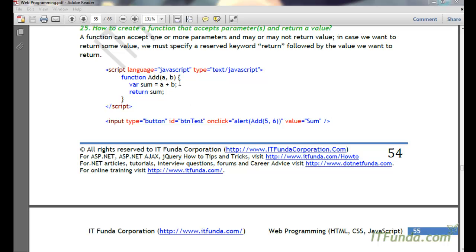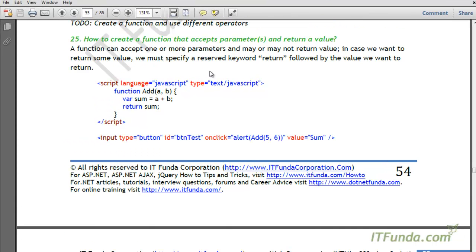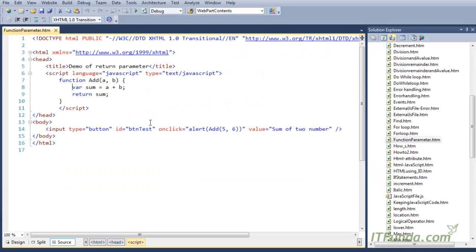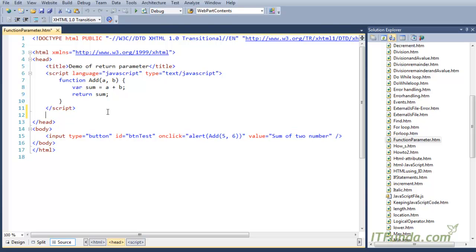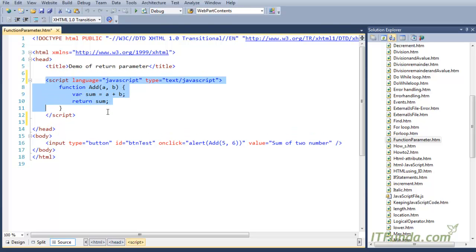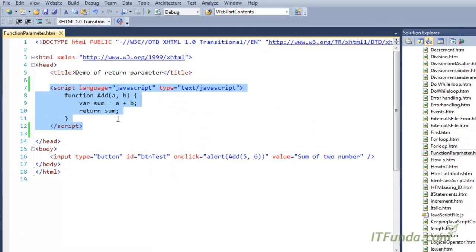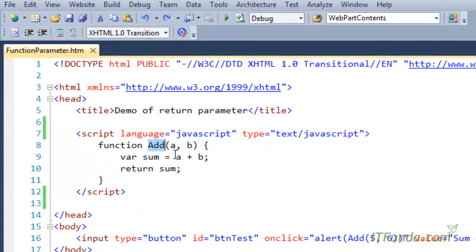In this video, we are going to learn how to create a JavaScript function that accepts parameters and returns a value. For this, I have created a sample application here. You can see this is my JavaScript code, and I have defined an add function here, and